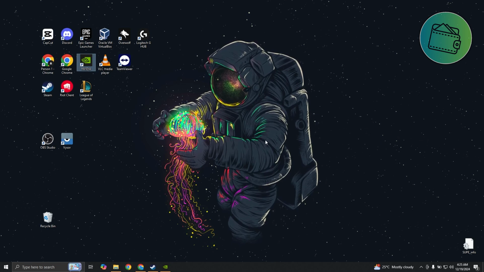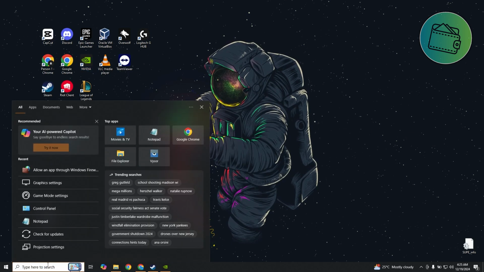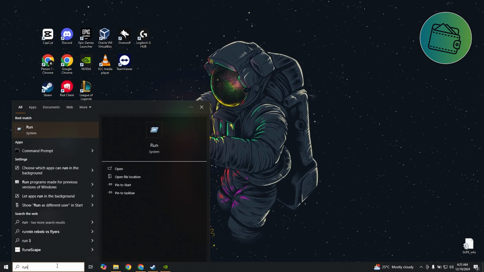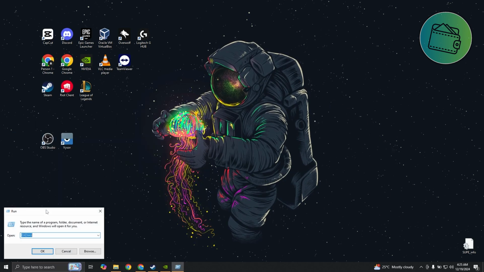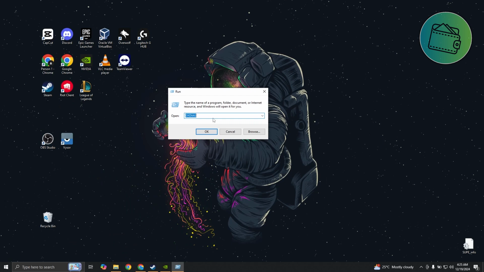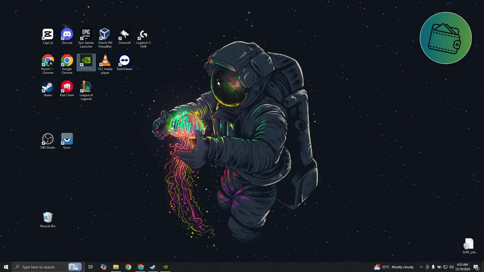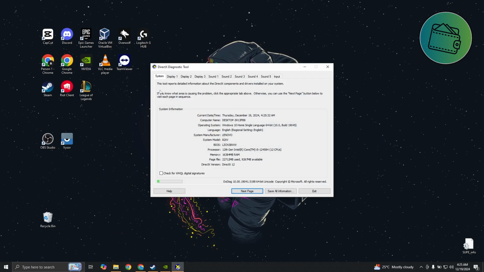So first things first, since the error itself is related to DirectX, what you could do first is check if your GPU is compatible with DirectX. Usually that is DirectX 12. So go to your bottom left and just type in run. Then type in dxdiag and click on OK. It should open up the DirectX Diagnostic Tool, and you want to go to